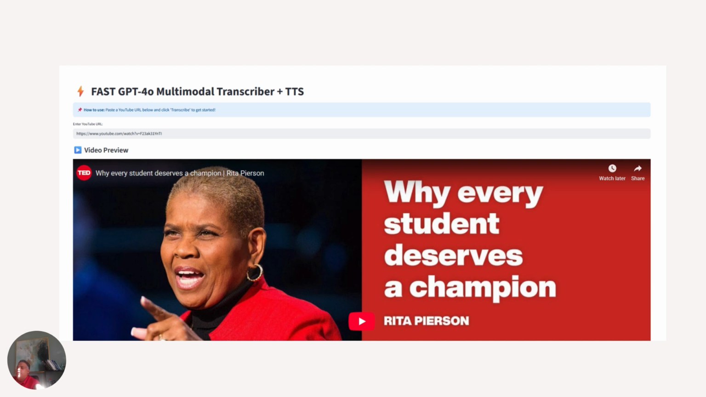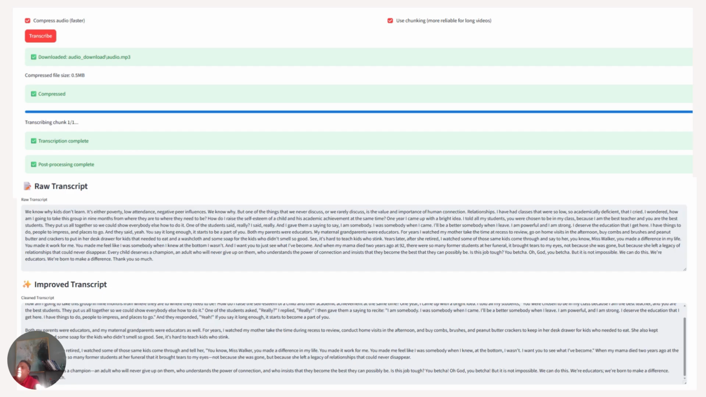So this is a very basic demo of a simple app that I built that demonstrates these multimodal abilities. The user has to input a link, a URL for a YouTube video, and then we end up downloading it into an MP3 file and then compressing the file, and then chunking that also. And this optimization is also a very important part of the